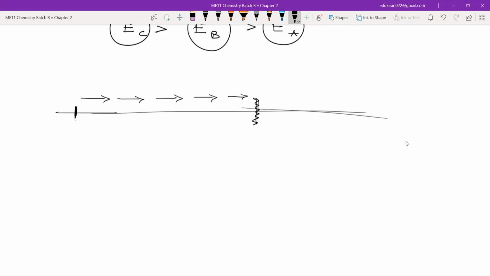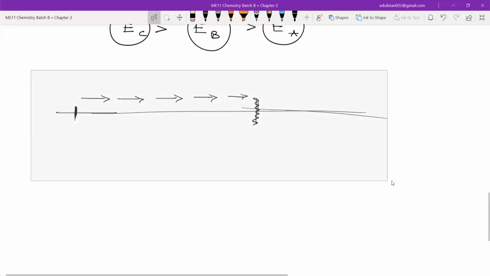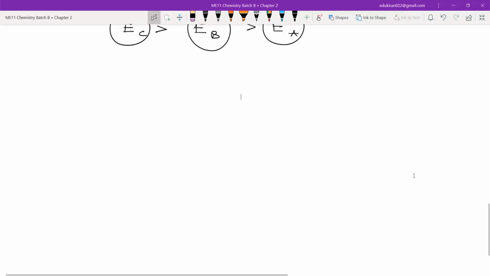Yes or no? If the electron is so far away that the nucleus is not able to attract it, that means it's not in the atom. Now, if it is not in the atom, then we don't have to calculate its energy, right? Its energy is now zero. So that is the maximum energy an electron can have, that is zero. Yes, distance is increasing, that is leading to an increase in the energy and a decrease in the attractive forces.